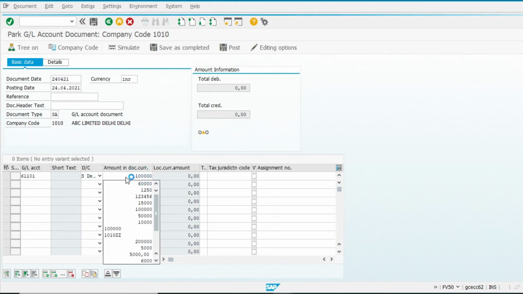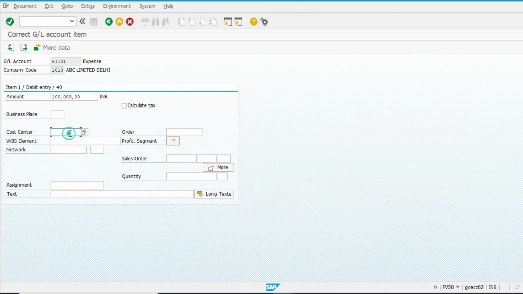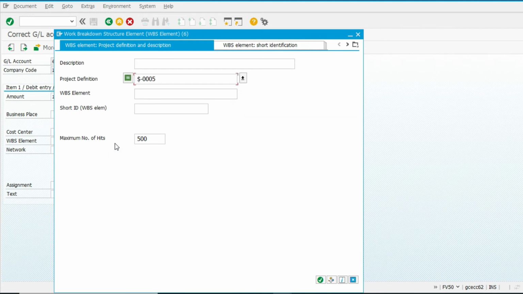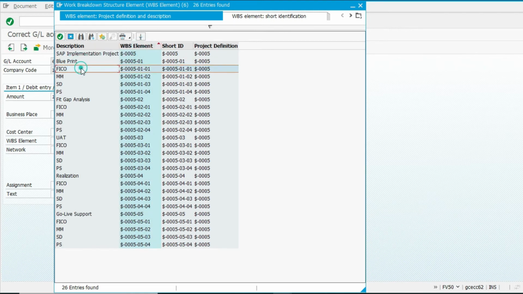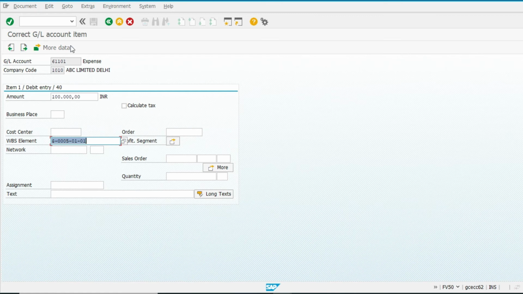Now let's see how the tolerance limit works, because we assigned the budget of rupees 50,000 only, and we are going to post fit gap analysis blueprint.